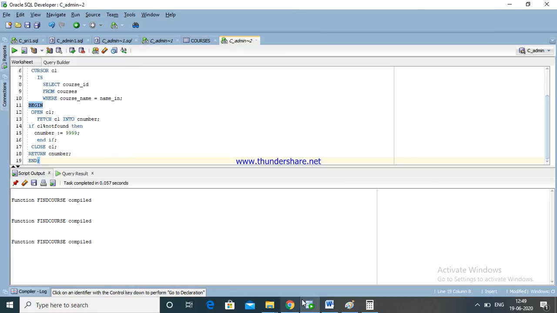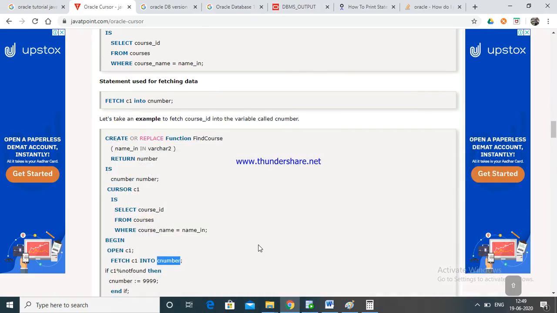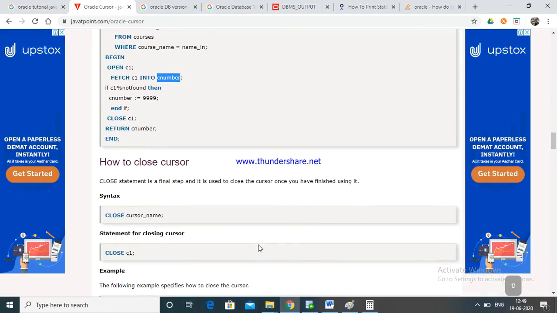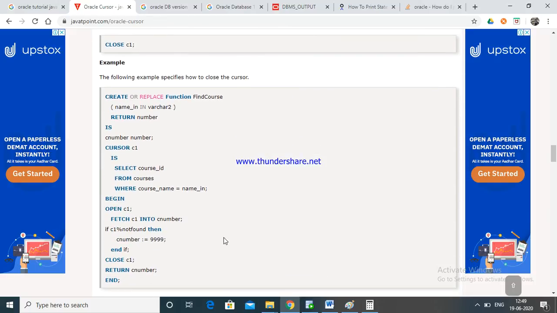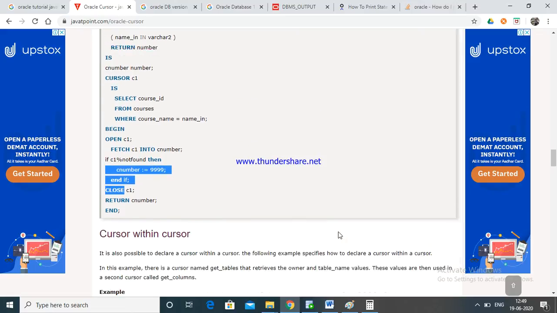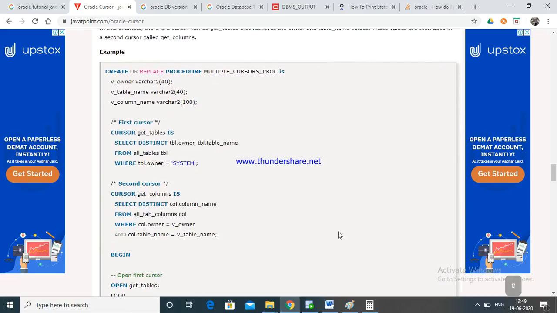Find cursor compiled, like that we are done. How to close, we already used here: open and close, open and close. This way we have completed cursors.